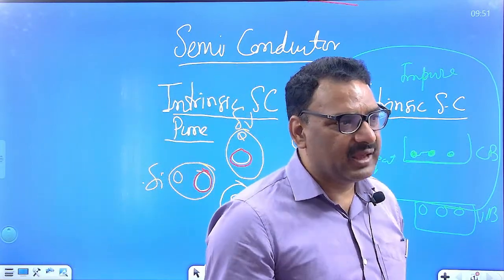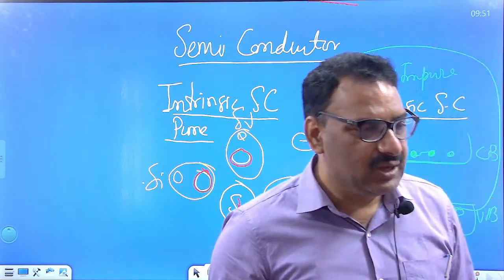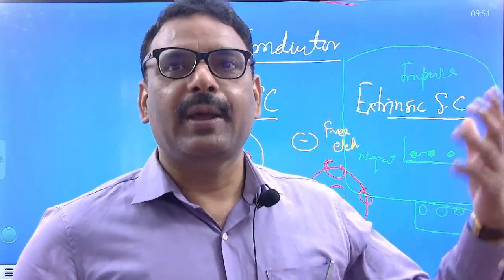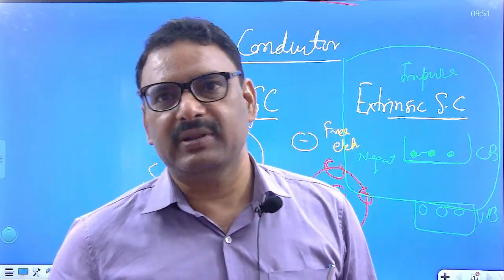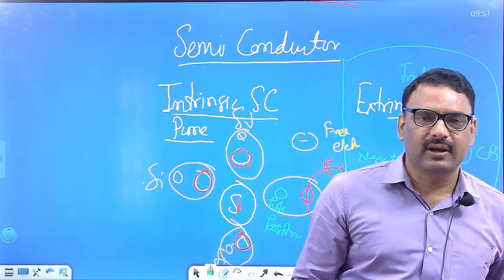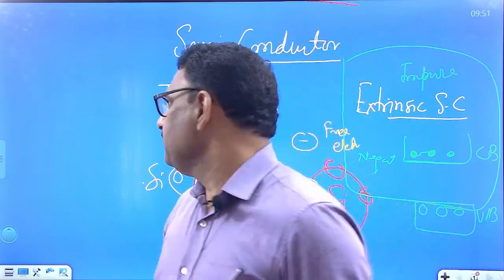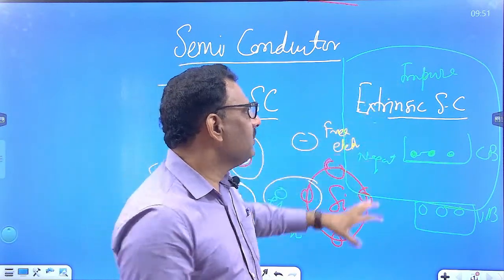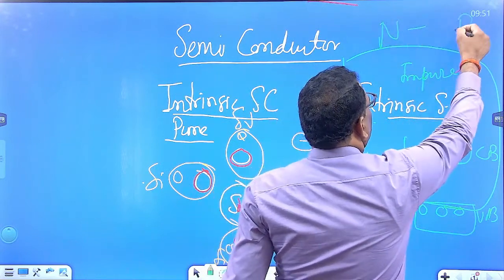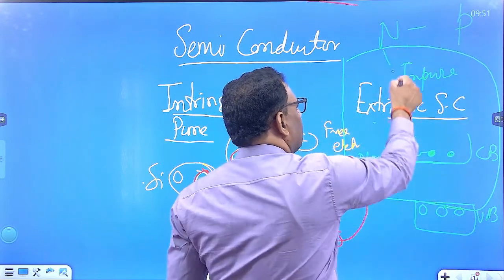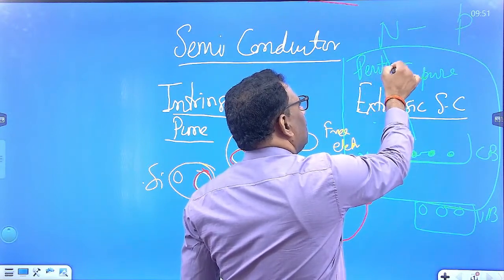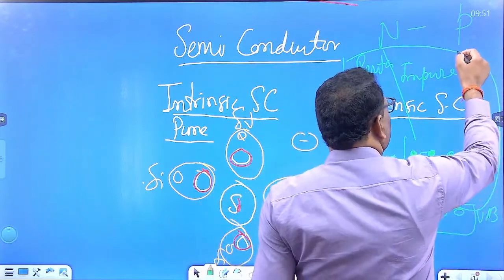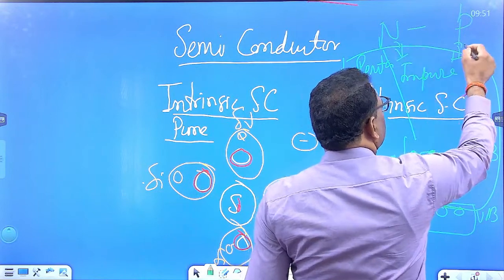हमें दो तरीके के इम्प्योरिटी मिला सकते हैं, जिसको हम लोग डोपिंग कहते हैं। बाहर से मिलाने को डोपिंग प्रोसेस कहते हैं, उसमें हम पेंटावेलेंट या ट्राइवेलेंट इम्प्योरिटी मिलाते हैं। पेंटावेलेंट मिलाते हैं तो एन टाइप सेमीकंडक्टर बनता है, ट्राइवेलेंट मिलाते हैं तो पी टाइप सेमीकंडक्टर बनता है। ये सिंपली इंट्रिंसिक सेमीकंडक्टर है, लेकिन अगर इम्प्योरिटी मिलाओगे तो एक्सट्रिंसिक सेमीकंडक्टर बन जाएगा। उसमें भी हमारे दो, एन और पी टाइप सेमीकंडक्टर्स होते हैं। एन में पेंटावेलेंट इम्प्योरिटी मिलाएंगे, जिसकी आउटर मोस्ट ऑर्बिट में 5 इलेक्ट्रॉन होंगे, तो फिफ्थ ग्रुप एलिमेंट हैं। और पी के लिए हम थर्ड ग्रुप एलिमेंट मिलाते हैं।